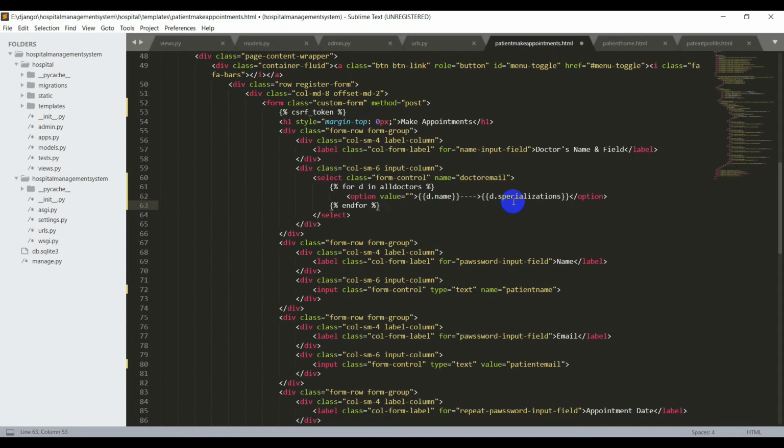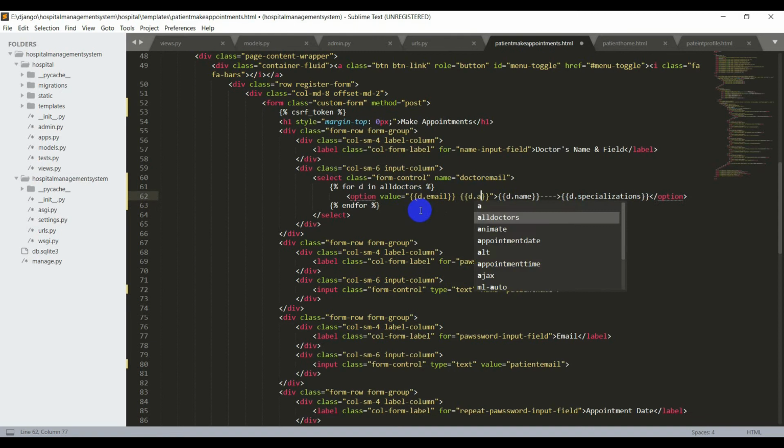So in this tag, I'll have a value attribute, that is value is equal to double braces of d.email and close the double braces and give a little space and again open the double braces with d.name, because to make an appointment we need both doctor's name and also email too.